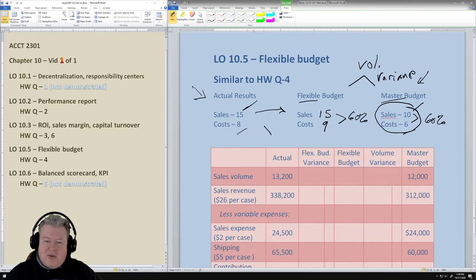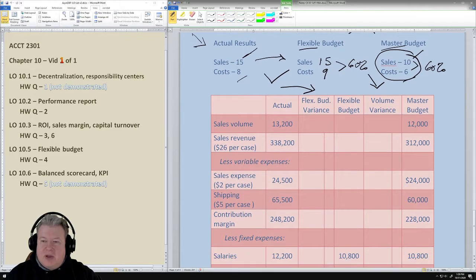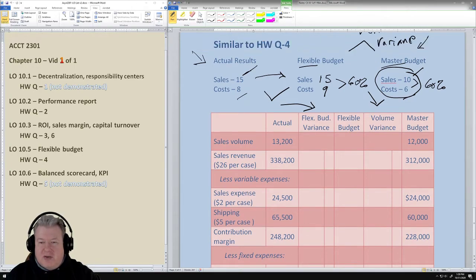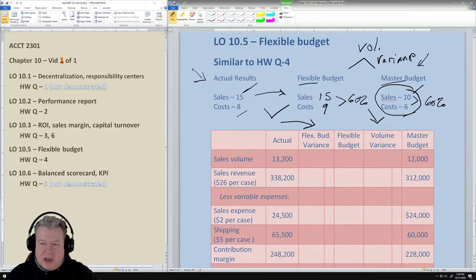And the variance between actual results and the flexible budget, that's called the flexible budget variance. We'll delve into this a lot more in chapter 11. So we're not as concerned with volume variance. In fact, I'm a little surprised that this chapter wants us to look at the volume variance, because it doesn't make a whole lot of sense, but understandably, we sometimes look at it for various things. So let's go ahead and look at it, just knowing that we're usually more interested in the flexible budget variance, because that's comparing apples to apples a little bit more.